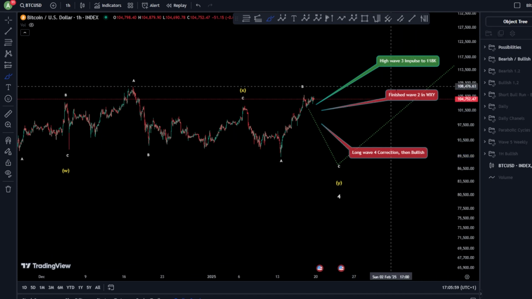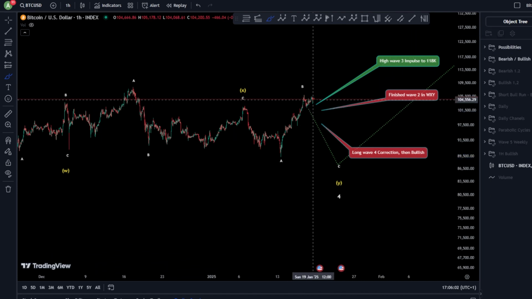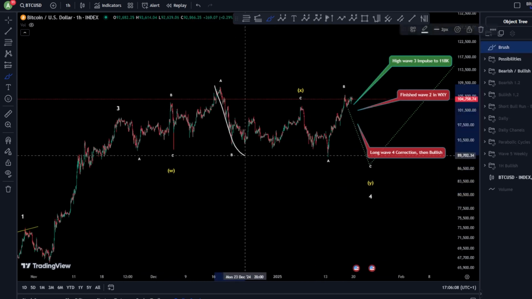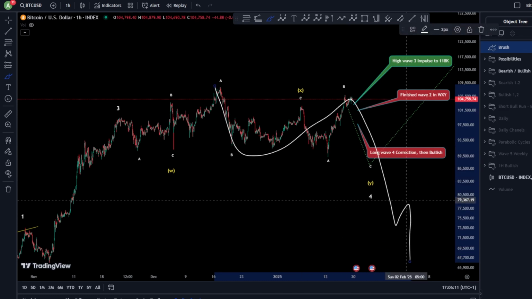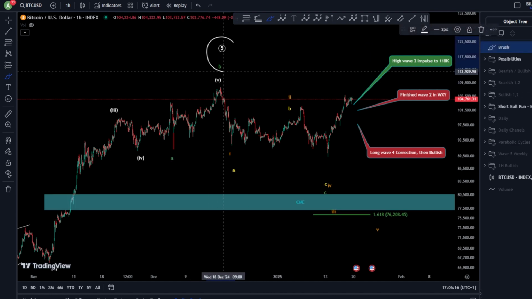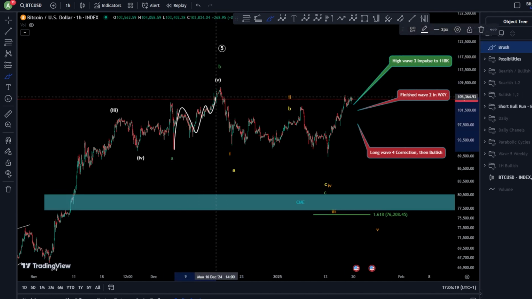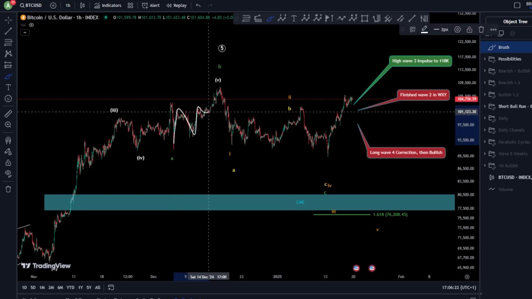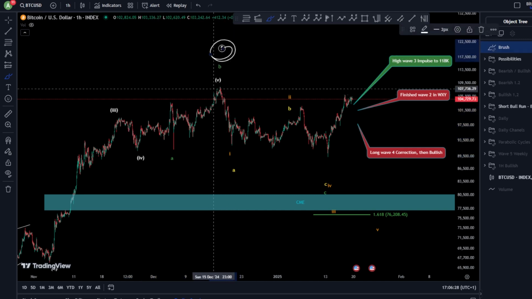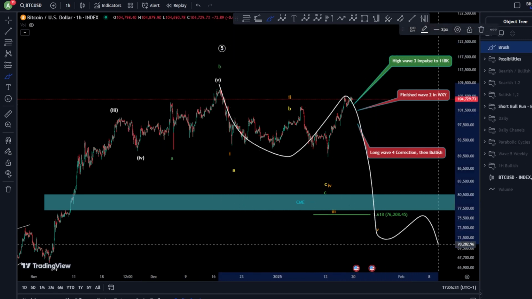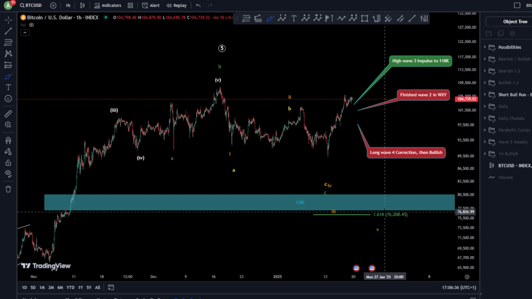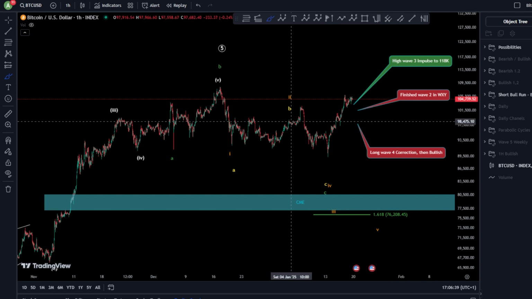Now the highest possibility as bearish can be, of course, expanded after reaching this area. If we move toward the downside, meaning we're moving impulsively for 1, 2, 3, 4, 5, of course. And don't forget that we have such a scenario with a short bull run where you have topped here, maybe in an ending diagonal, as you can see, 1, 2, 3, 4, and a 5. After a correction, ABC, 1, 2, 3, 4, 5, finished ending diagonal, finished wave 5, looking for 1, 2, 3, 4, 5, closing the CME gap, reaching the 1.618 at 76,000. So this is the ultimate bearish scenario.